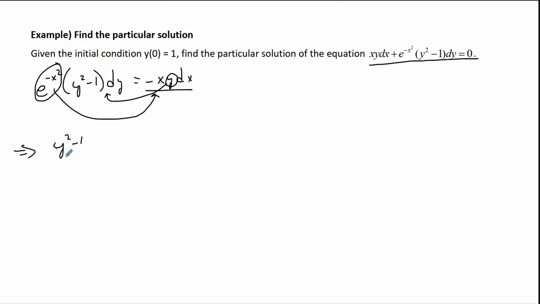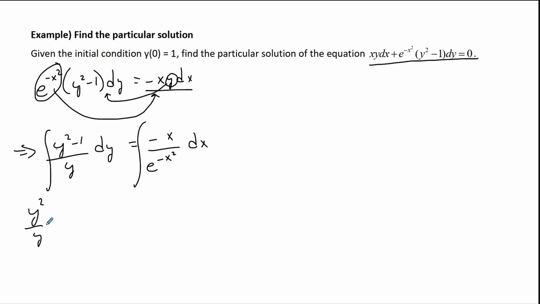Okay, so I'm going to get y squared minus 1 over y dy equals, what does this equal? This equals negative x over e to the negative x squared dx. Okay, now I want to integrate both sides. When I integrate both sides, I'm going to take this piece here and I'm going to split it. So it's y squared over y integral dy minus the integral 1 over y dy equals,